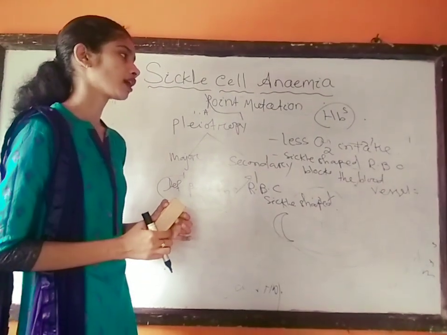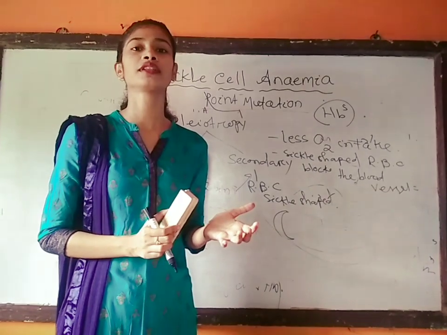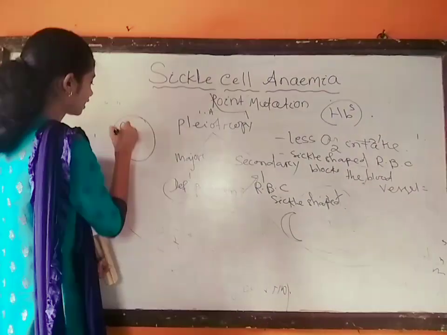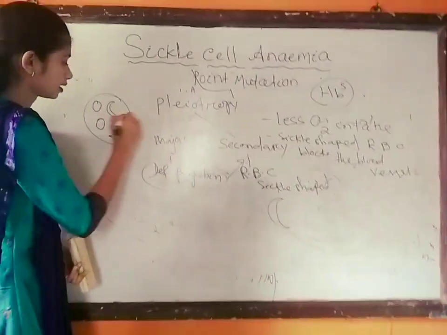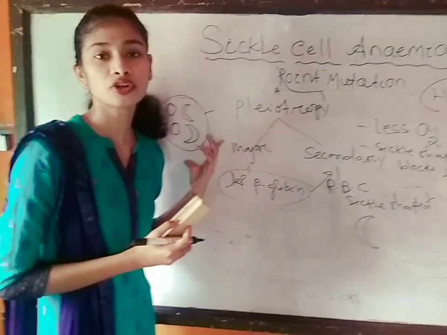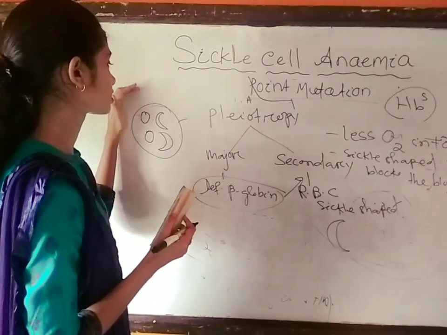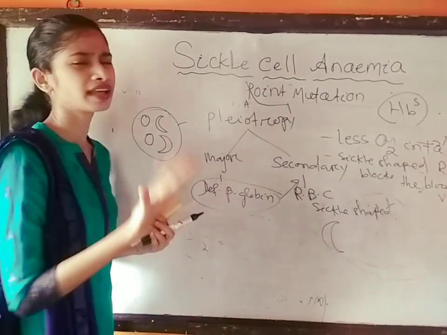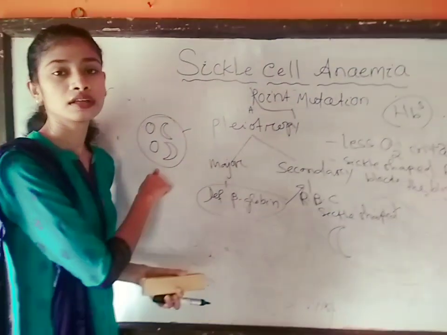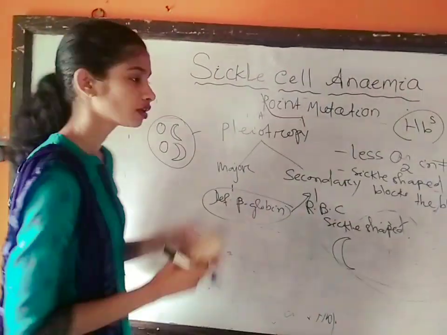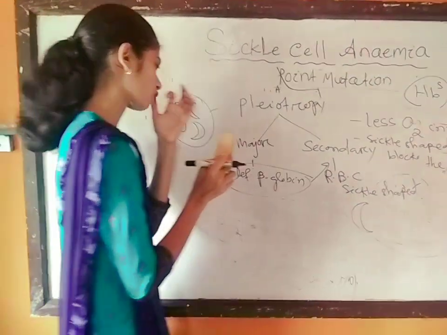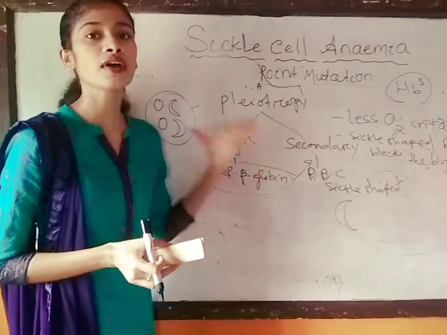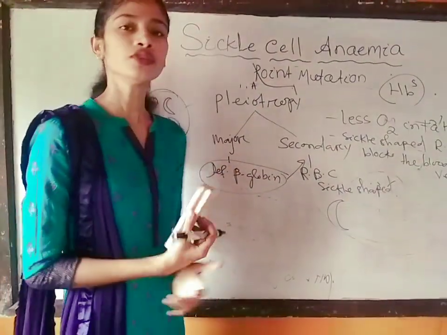Okay, and there is another advantage found in sickle cell anemia. A person who is a carrier, having two types of cells, cannot be affected by plasmodium, that is, malaria. This malaria disease cannot be found in their body. That means they never suffer from it, because plasmodium cannot survive, since it cannot find sufficient oxygen in them. This is the advantage. So this is all about sickle cell anemia.